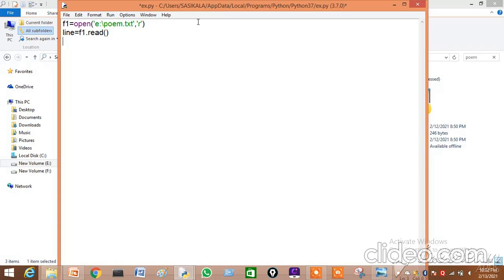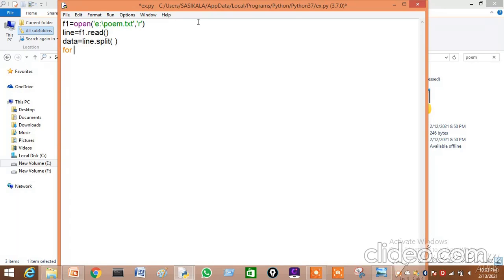But what we have to do is check word by word whether it is "to" or "the". So for that we have to split the line. So data is equal to line.split, the split function, which is going to split in terms of space. Then now I have read the line. Then what should I do? It is a repeated process. Each and every word it has to read. So for the repeated process I am using a for loop.